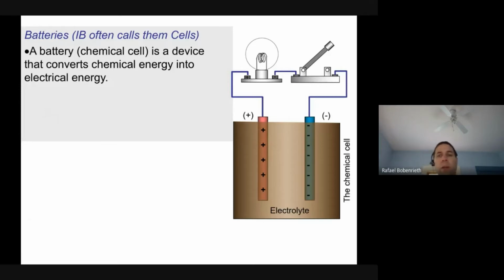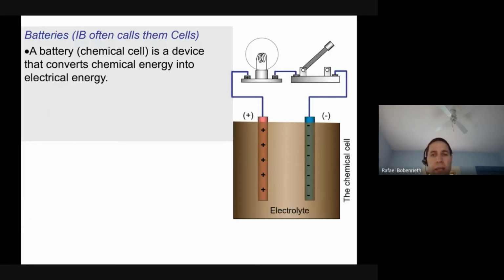Okay, here we go. This drawing on the right here, that big rectangular thing, I want you to think of that as a battery. In IB terms, you often see it called a cell or a chemical cell. And this is a super simplified version of what a battery is. Those of you who have taken chemistry or are taking chemistry probably know a lot more about it and can describe it in detail. But for our purposes, what we need to know about a battery is that a battery is